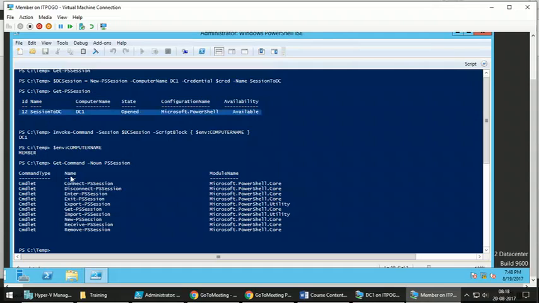If you're done with that connection, you can remove it. Enter and exit we have seen. Export and import I will show you very soon. Now Get-PSSession will show you the list of all the sessions which are currently open, closed, whatever.